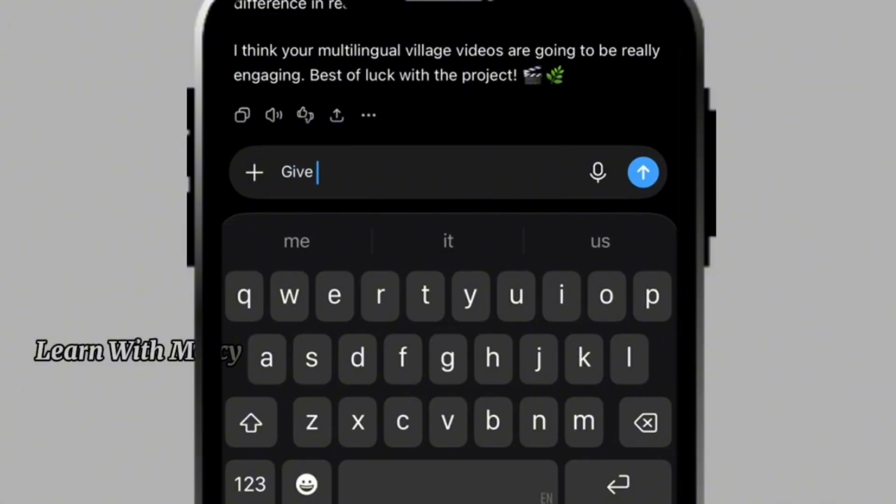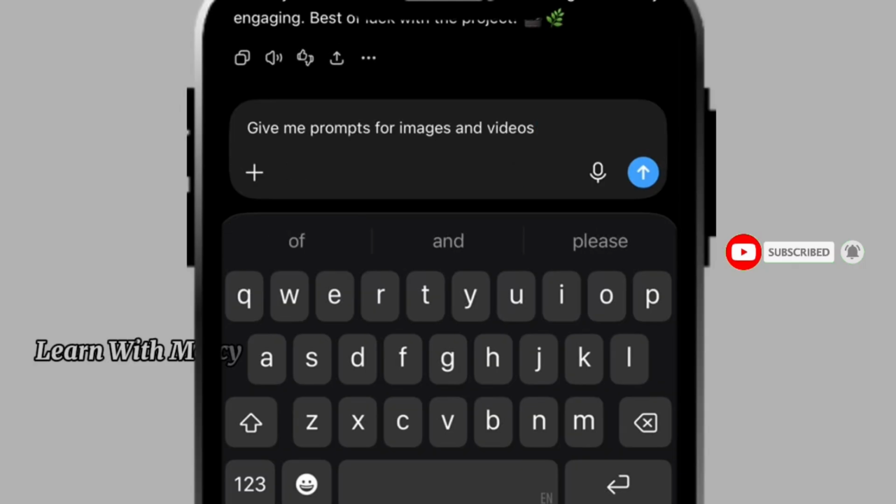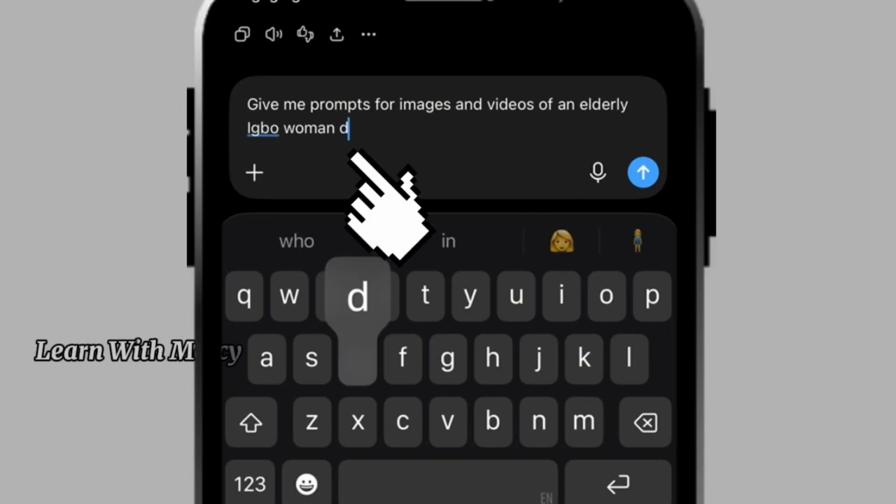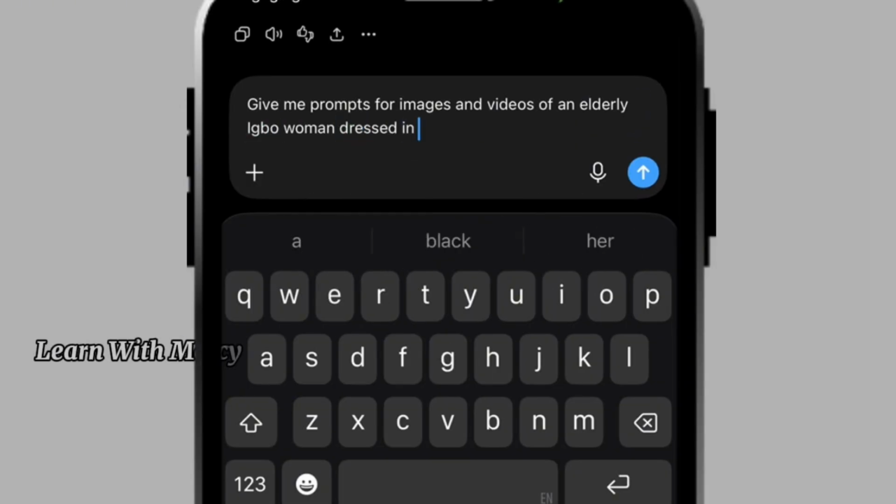So guys, the magic is on your prompt. It is not the image or the tool you use to generate the video. It is on your prompt, okay? So we are going to go to ChatGPT and say, give me prompts for images and videos of an elderly Igbo woman dressed in